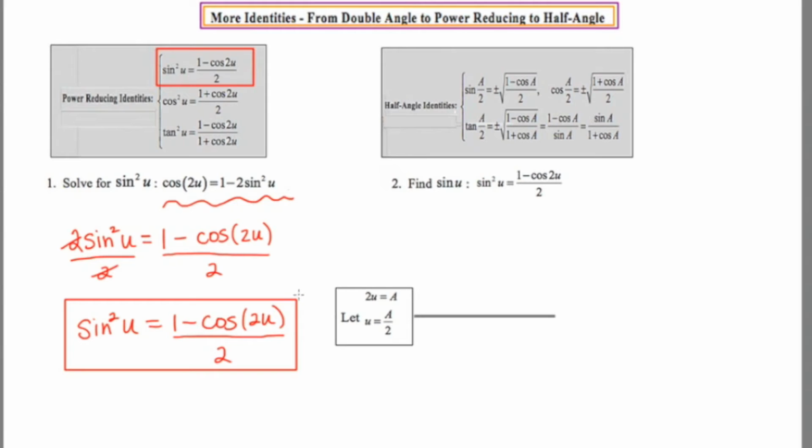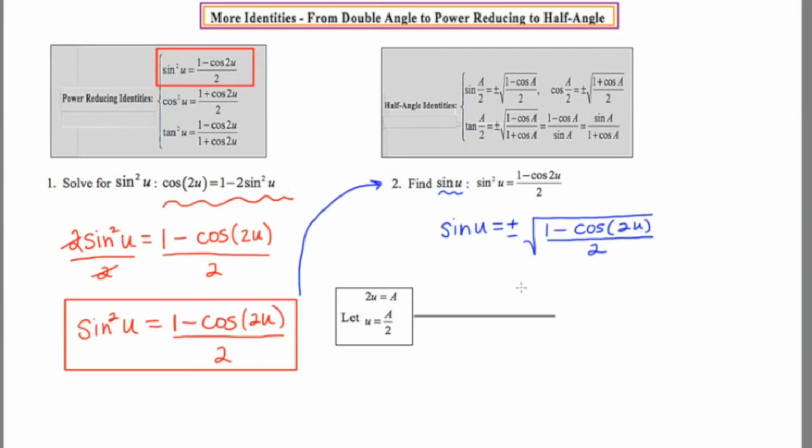So leaving off with what we just did, we're going to come up to stage 2, which is to take what we just started with and change it from sine squared u to just sine u. And of course, to do that, we're going to need to take the square root, not forgetting to do something very, very important, which is including the plus or minus. Now that we've written sine of u is equal to plus or minus the square root of 1 minus cosine